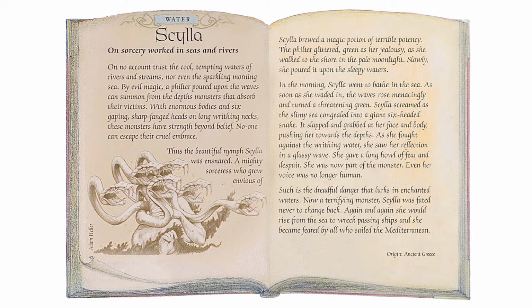As she fought against the writhing water, she saw her reflection in a glassy wave. She gave a long howl of fear and despair. She was now part of the monster. Even her voice was no longer human. Such is the dreadful danger that lurks in enchanted waters. Now a terrifying monster, Scylla was fated never to change back. Again and again she would rise from the sea to wreck passing ships, and she became feared by all who